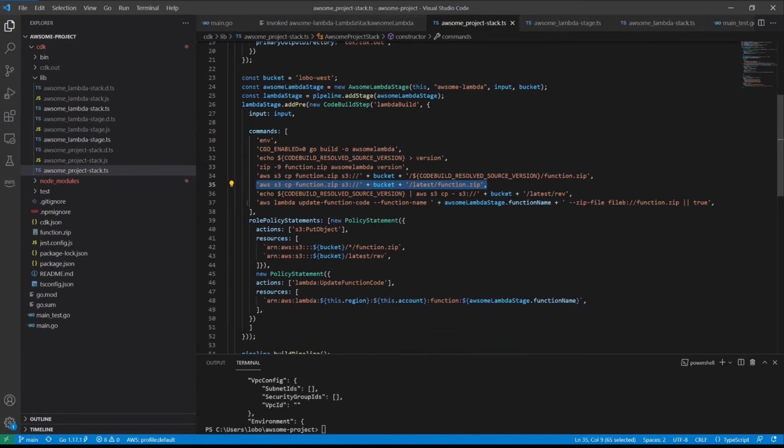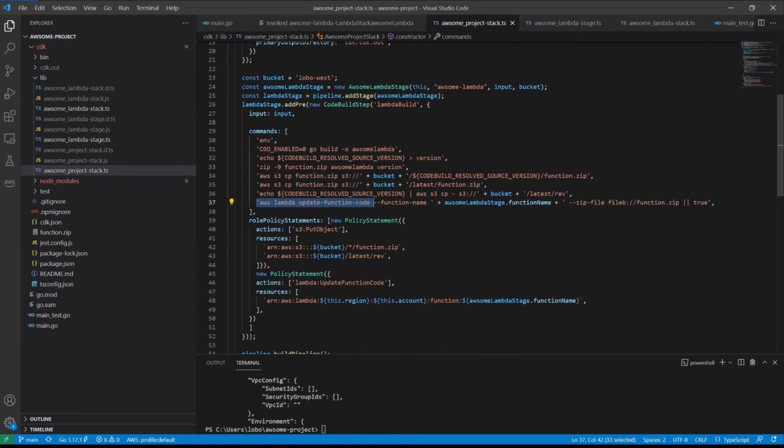And then we'll specify in S3 again where the version is so that we can look it up in terms of what the latest function actually resolves to. Lastly, we do an update function code, and this is an interesting part of the process because if CloudFormation sees that everything is the same with a particular template, then it doesn't need to do any work, and so it will say, okay, the update's great, we're done here.